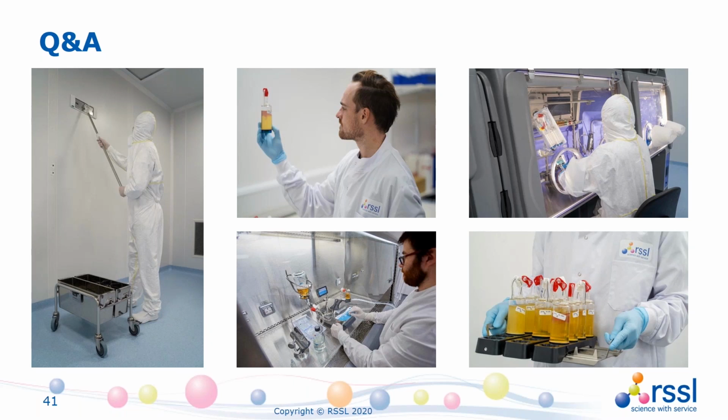I've got a question from a lady called Jane, and she said, does the rotation of the disinfectants with 2 include the sporicide, or is it 2 disinfectants and a sporicide? Yeah, that's an interesting question, and it's also one that has caused a bit of confusion with the revision to EU GMP Annex 1, and I know some of the professional bodies have written back in and asked for